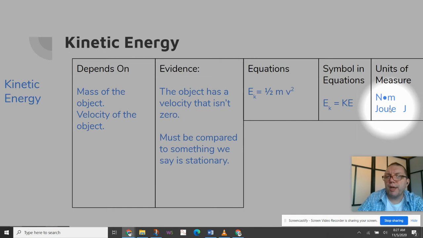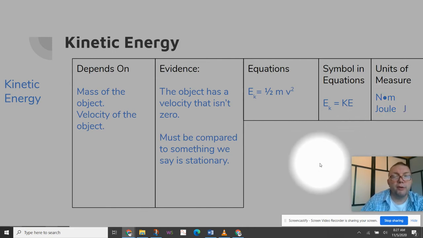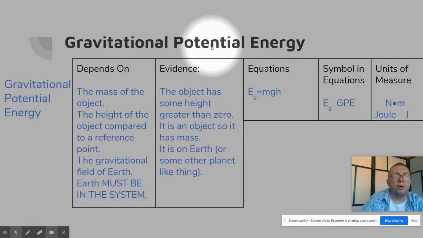The old British standard system is calories. So when we talk about food calories, we're talking about forms of energy. So that's kinetic energy. Bada bing, bada boom. Gravitational potential energy. In the past, it's really common for people just to call this potential energy, and there are